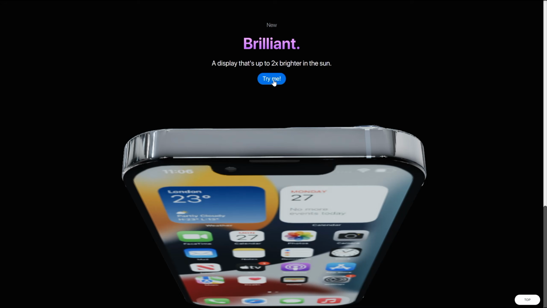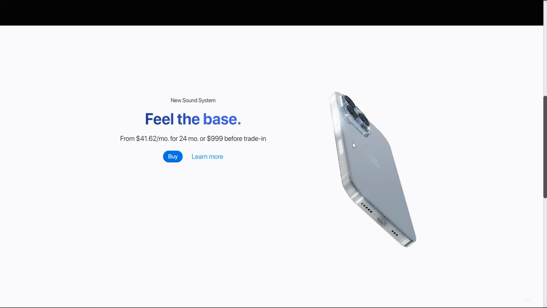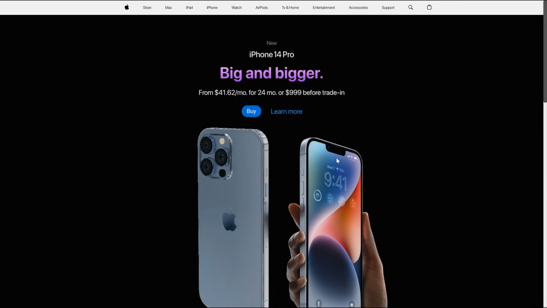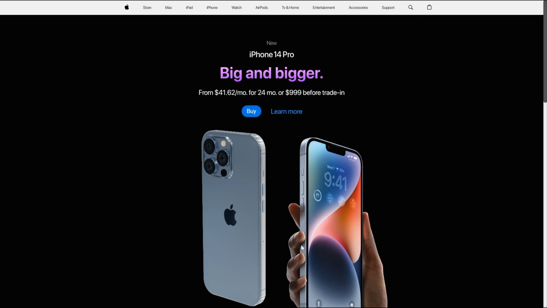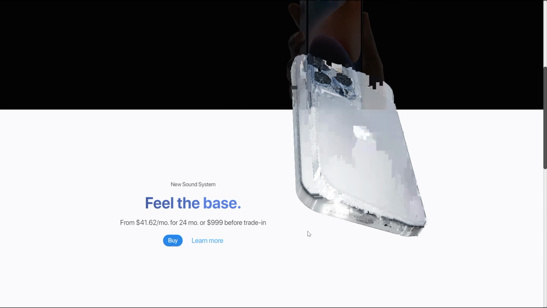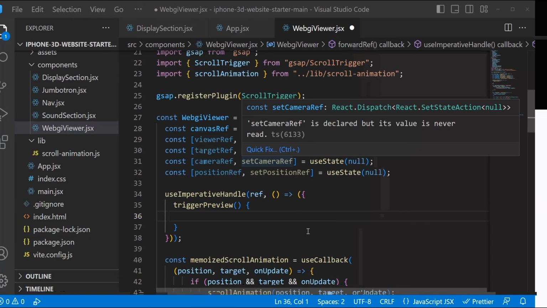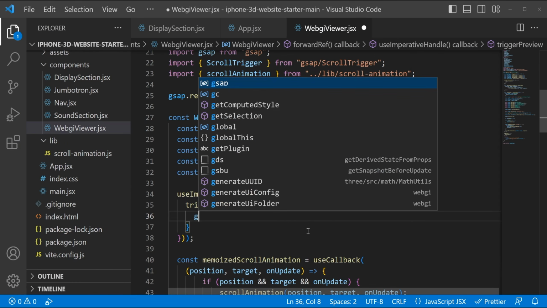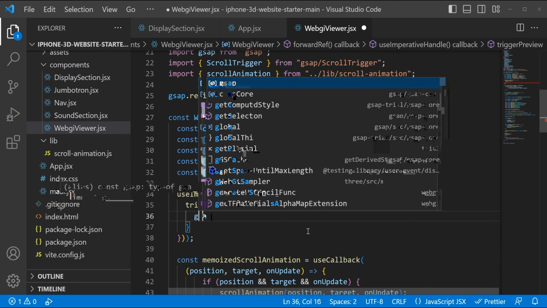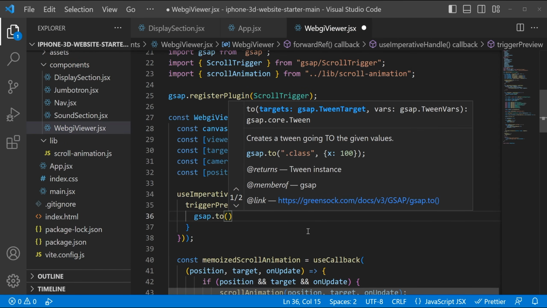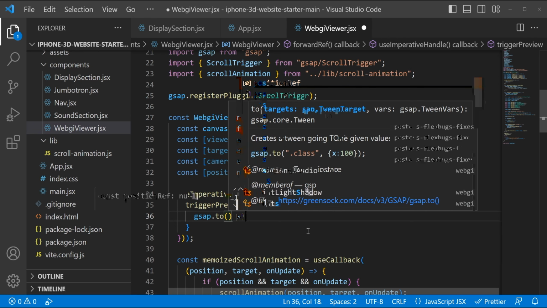When we click on try me, we want to change the position of this phone to face us and be a little bit smaller, something similar like here, or actually on the first position, something more similar like this position. So that's what we are going to be doing. So let's call the GSAP.to. This is the function again, and we are now changing the position ref,